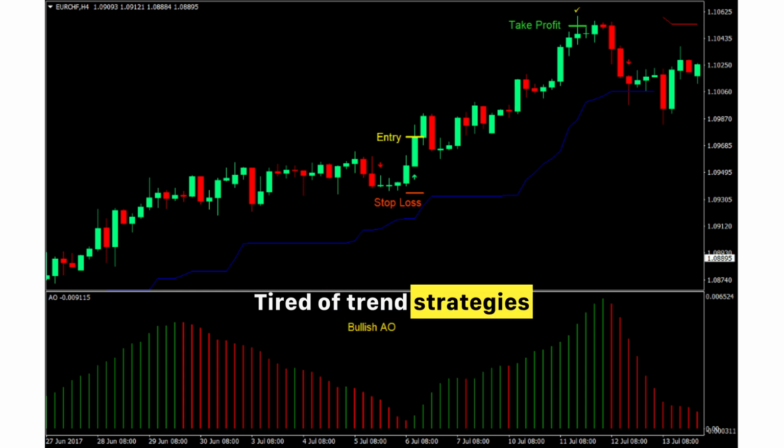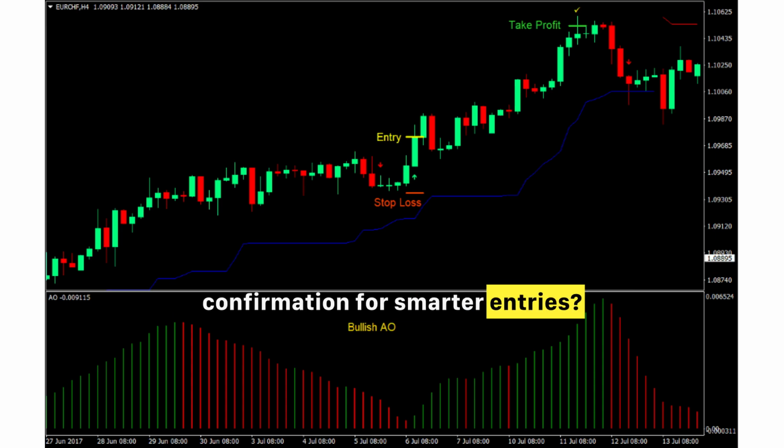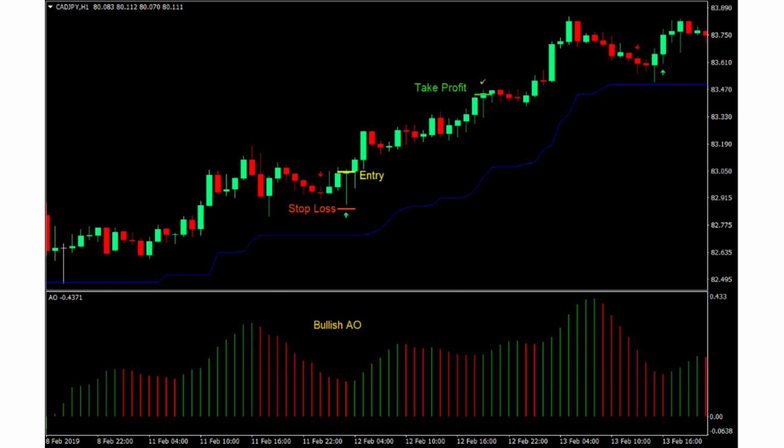Tired of trend strategies that feel like guessing? What if you could combine trend following with momentum confirmation for smarter entries? This strategy uses 3 key tools from